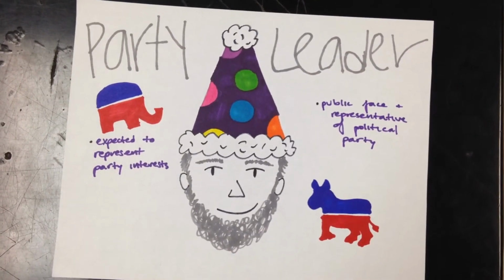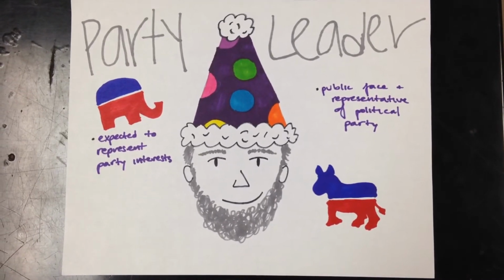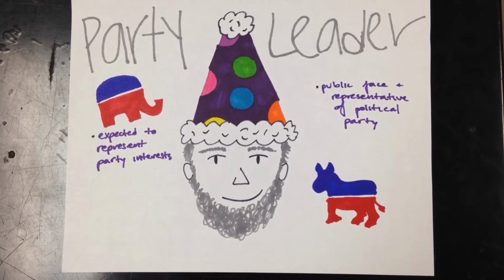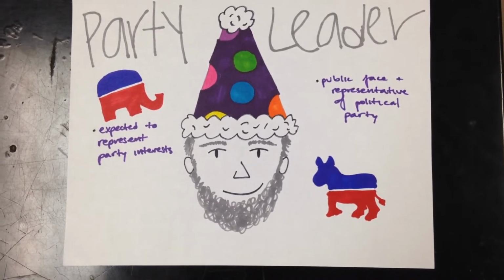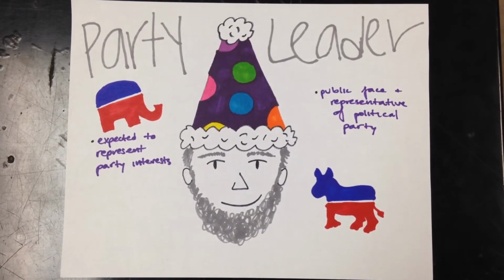As the party leader, the president represents his or her political party. President Obama, for example, is the public face of the Democratic Party, and therefore campaigns for supporters of his policies to be appointed to office. He nominates Supreme Court justices and appoints cabinet members.